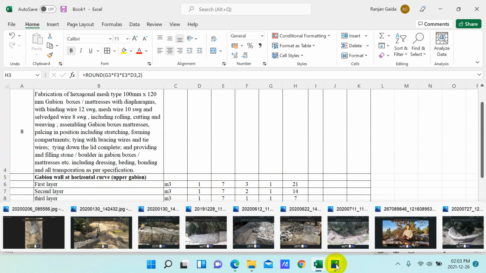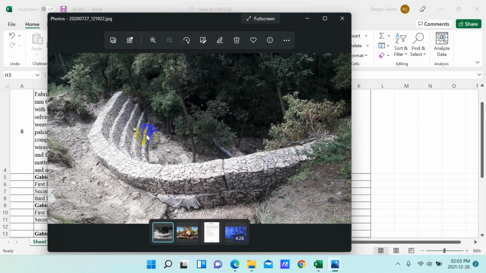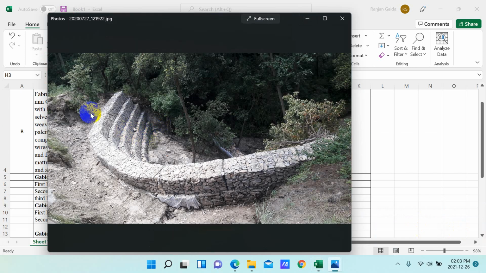So what it means is that we are just going to construct the gabion wall of total height 3 meter, meaning 1, 2, 3. I am just going to confirm that height 3 meter means 1 meter, 2 meter and 3 meter. So from here 0.6 meter below, from here it's 1 meter, 2 meter, 3 meter, and we have given a little bit of spacing, and it is generally